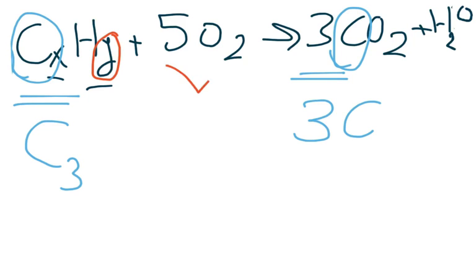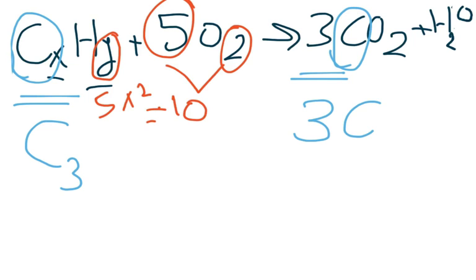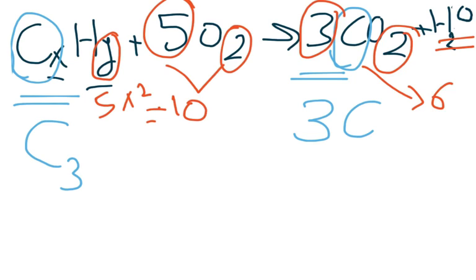Now, what we have here is 10 oxygens, because 5 by 2. We have 2 and we have 5 here, the big 5. We have 6 oxygens here, because we have 3 and we have 2, so they are 6 oxygens. And we also have some oxygens here. So the oxygens are not the same. There are 10 on this side. Okay,